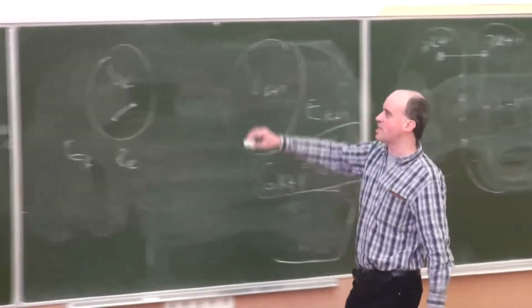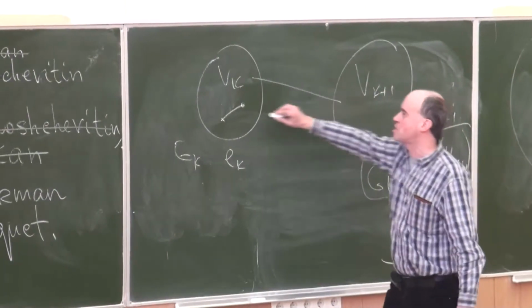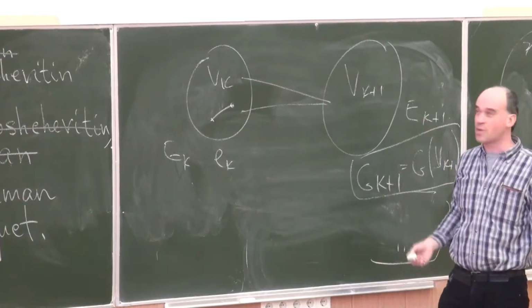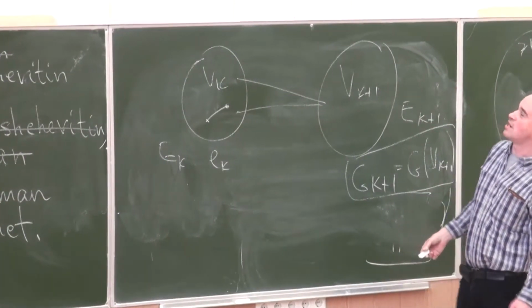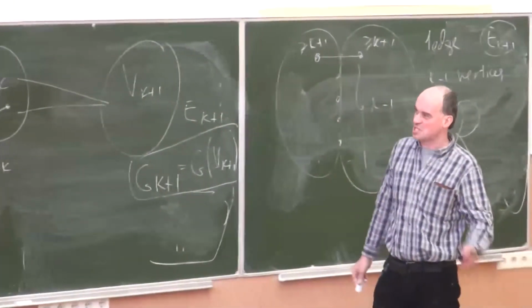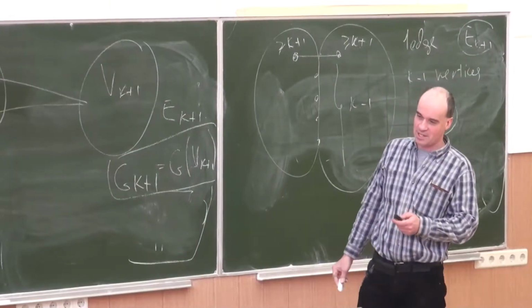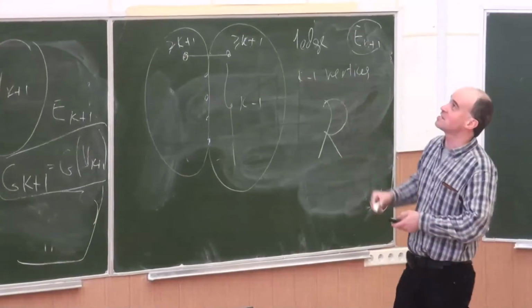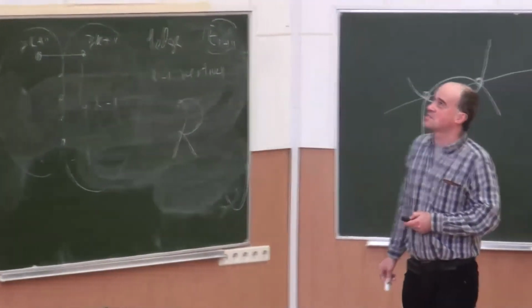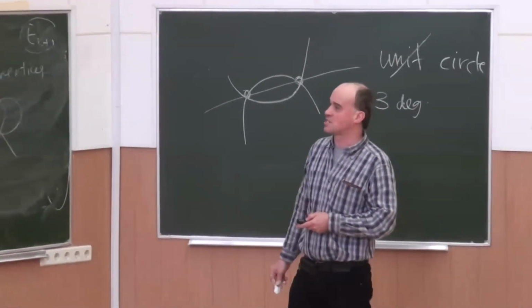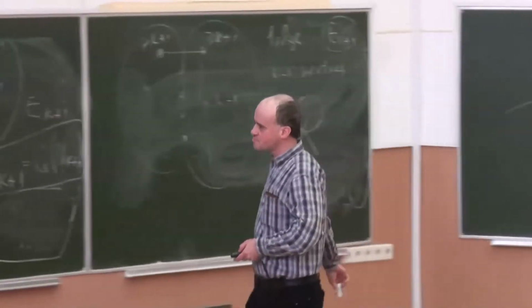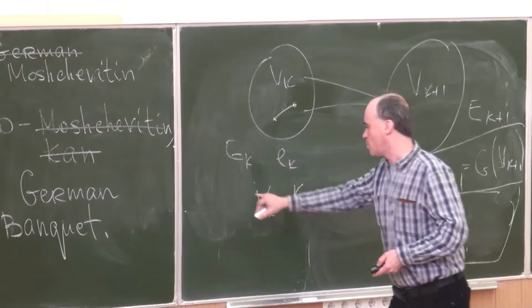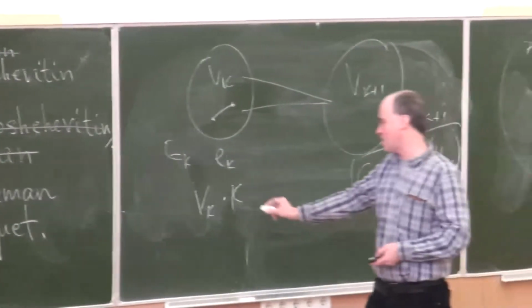We must only count the edges between these two sets. If we count their quantity and estimate it from two sides, we can see that the number of these edges is at least k multiplied by k